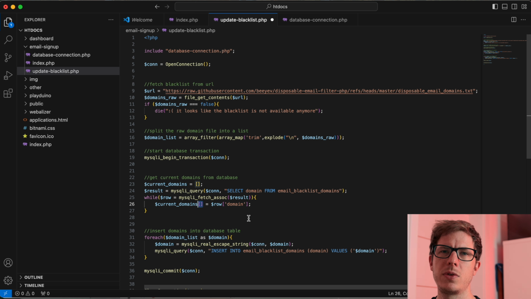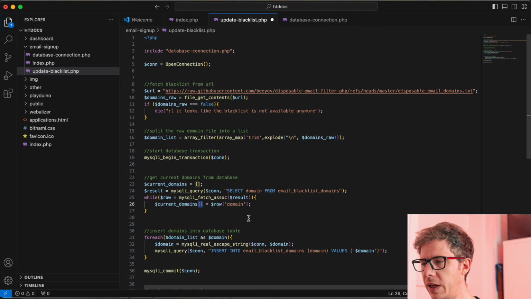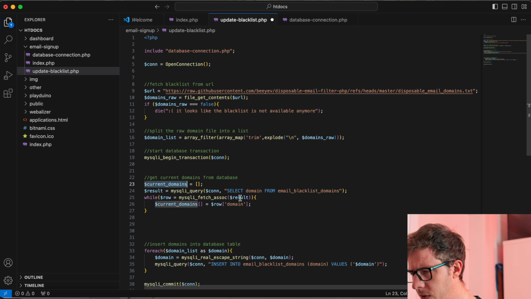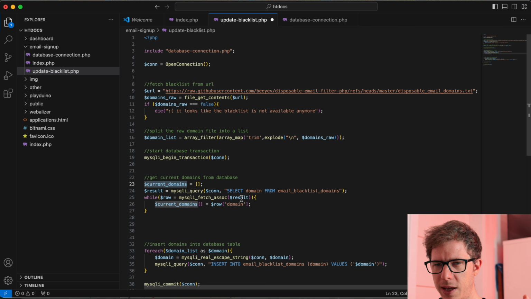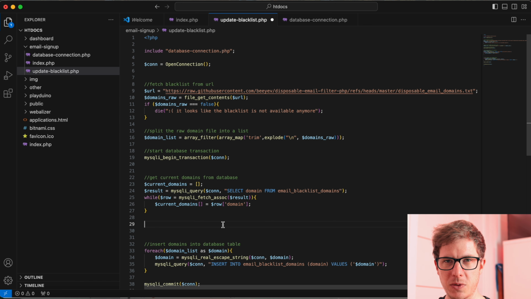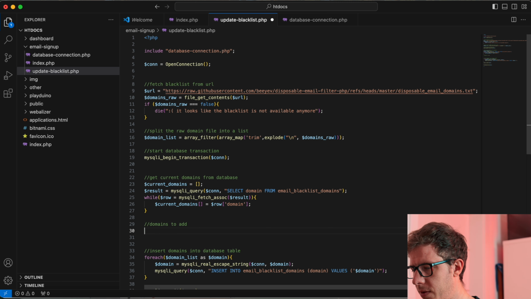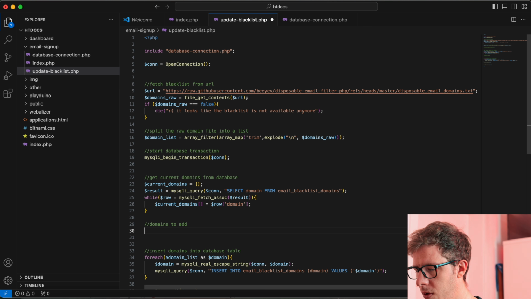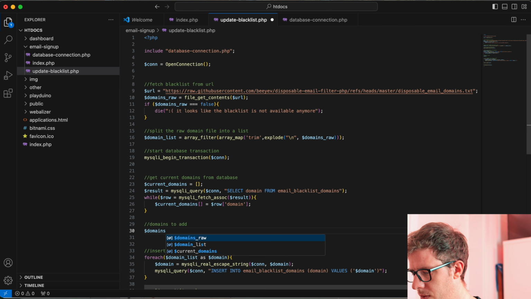This syntax is used to append something to an array. Sometimes I talk about arrays, sometimes I talk about lists. I think in PHP it's called array. We have our current domains inside of this array, and the next step is to compare this list to our new list that we got from the server. Domains to add. Let's find out which domains we need to add. And I call it domains to add equals